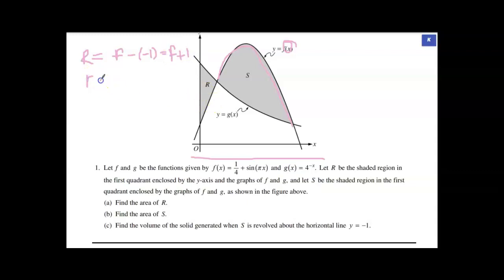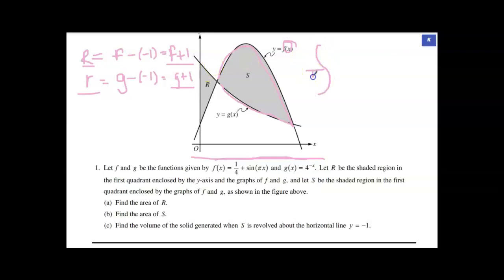The little radius is the distance of the g function to the axis. So that's going to be the g function minus the axis, which is g plus 1. So my big R is f plus 1, my little r is g plus 1, and so according to the